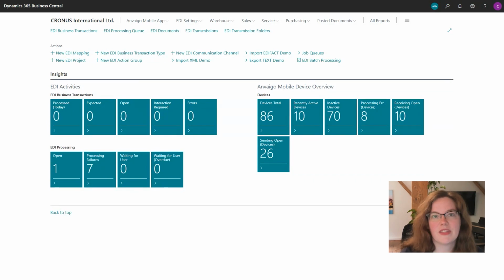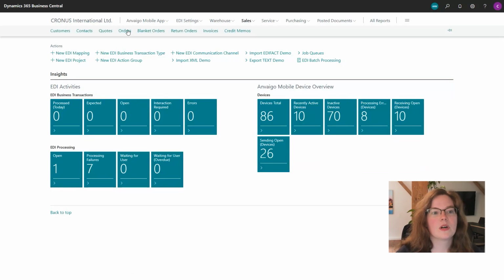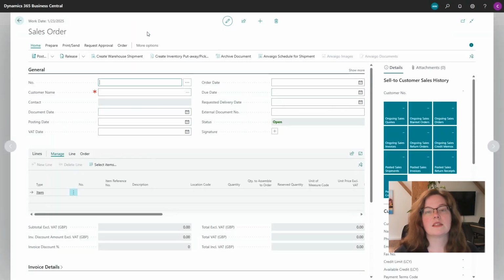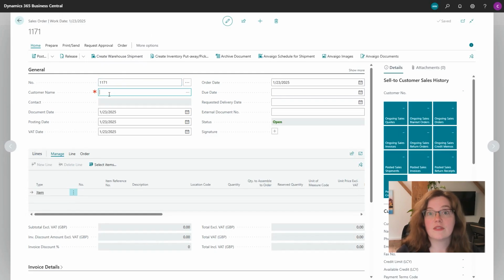So, I'm going to jump directly into my Dynamics and we'll start from there. And as you can see, I've got everything right in front of me. So from our side of things, our base delivery app, so what I'm working on today, is linked directly to open sales order lines. However, you can always work with a different type of document in the background if you would like. Maybe that's posted sales order shipments, warehouse information, any sort of document that you have where you're getting that information, we can work with that.